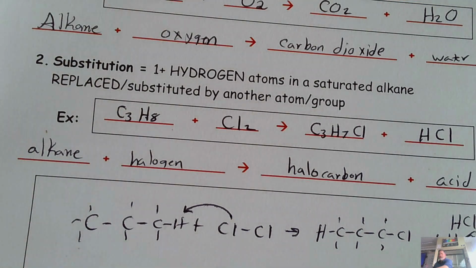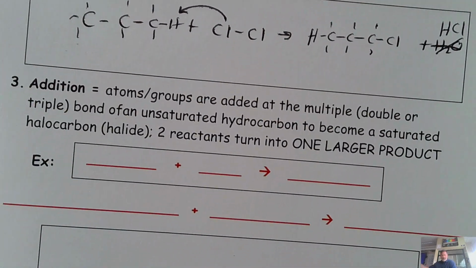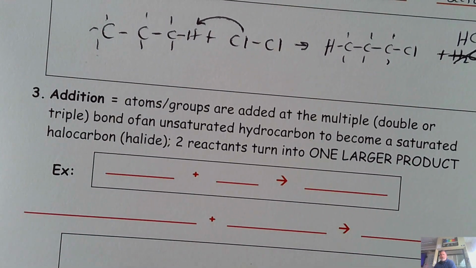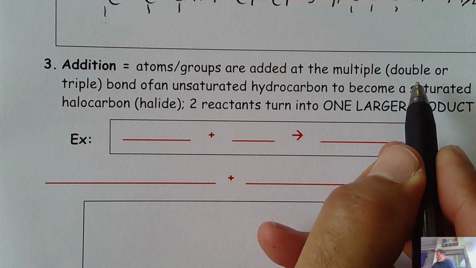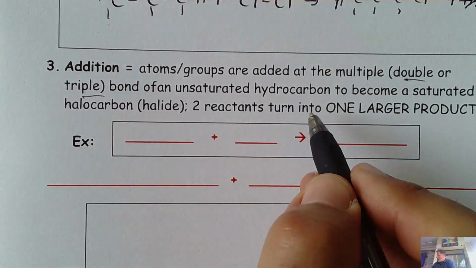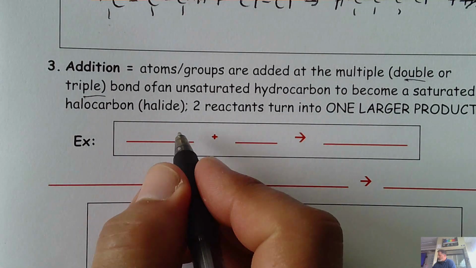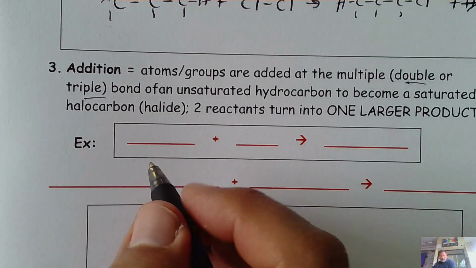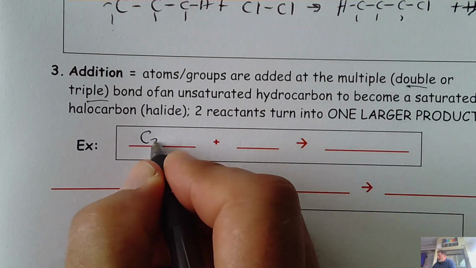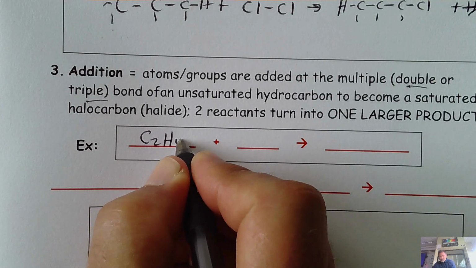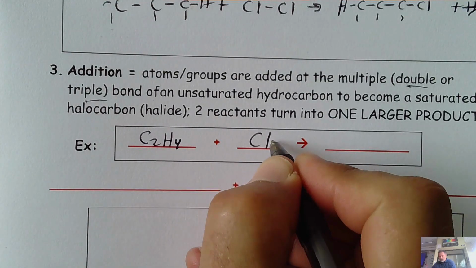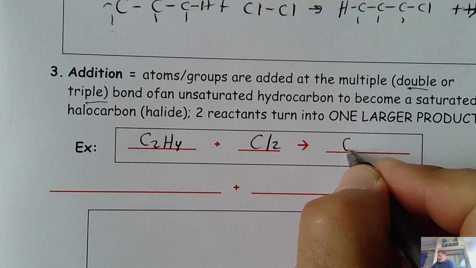All right, addition reactions, you might have guessed, is going to involve the addition of something new, and you need an unsaturated double or triple bond hydrocarbon to become a saturated hydrocarbon. And so let's go ahead and do that. If we have C2H4, you add chlorine gas to it, you'll get